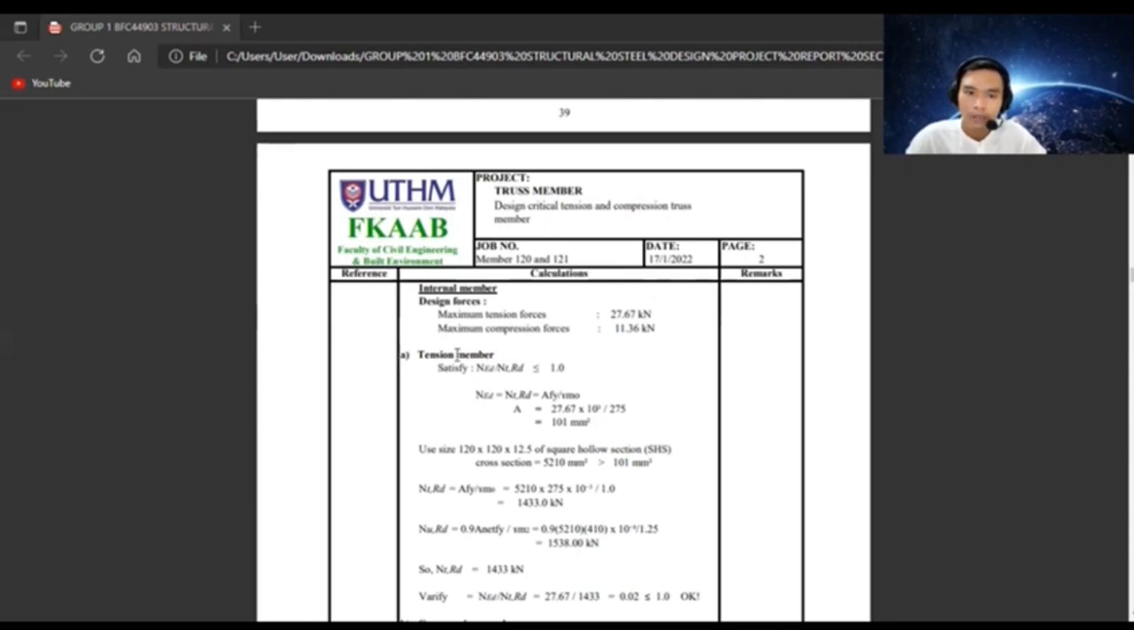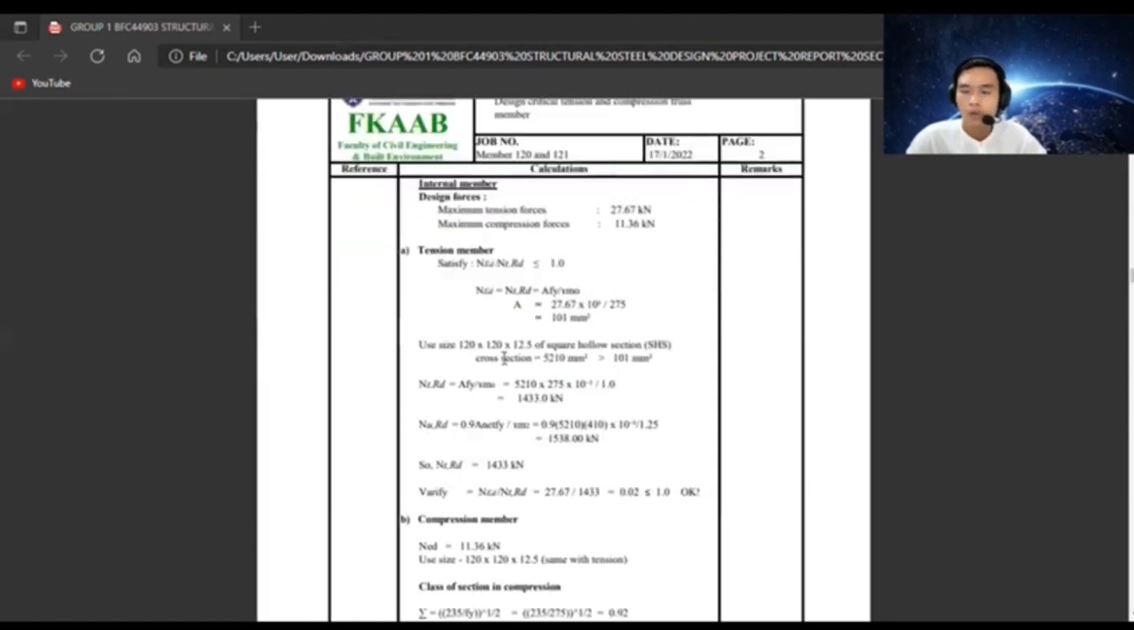And then we calculate for the tension member that NEd divided by NtRd must be not more than 1.0. From NEd, we find the value of A. So the size we use here is 120 times 120 times 12.5 square hollow section, SHS. As you can see, this is the cross-section value that we refer to in the Eurocode. The value in the Eurocode is bigger than the value that we calculated for A, so we use the value in the Eurocode, which is